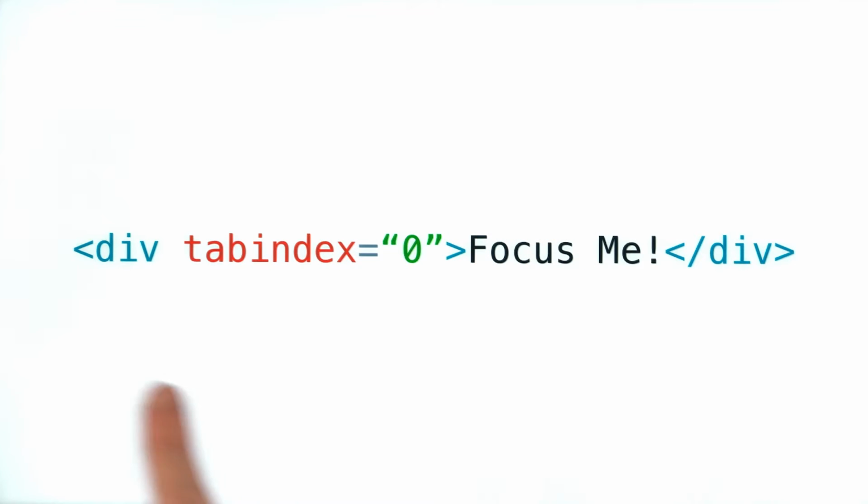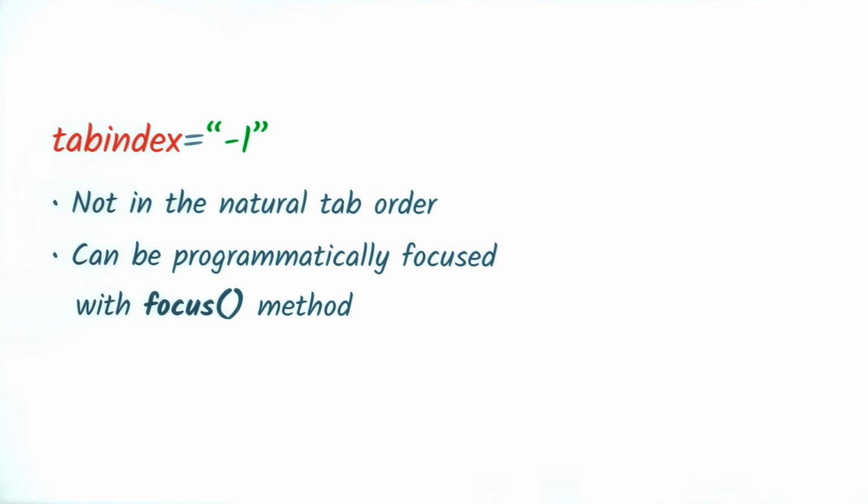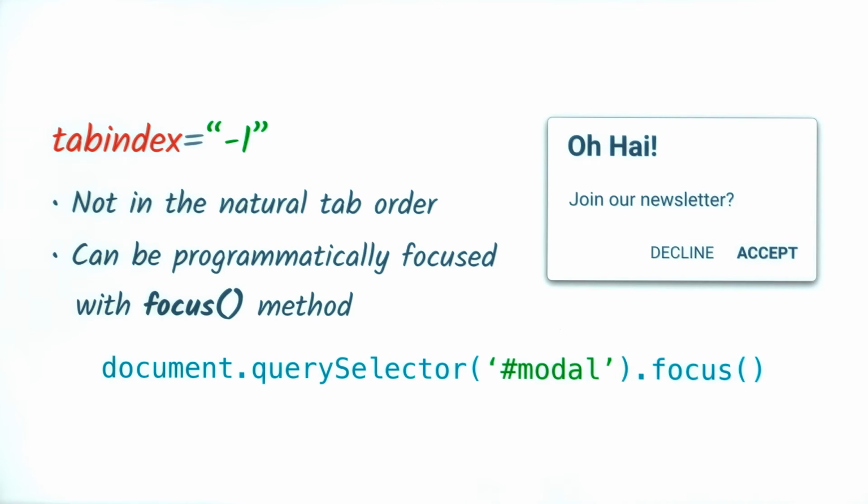Tabindex can be applied to any HTML element, and it takes a range of numeric values. A tabindex of -1 means that the element will not be in the tab order, but it can be programmatically focused via JavaScript by calling the element's focus method. This can be especially useful for off-screen content, which appears on-screen in response to a user event. When the new content is displayed, you may wish to call its focus method, which will then direct future keyboard